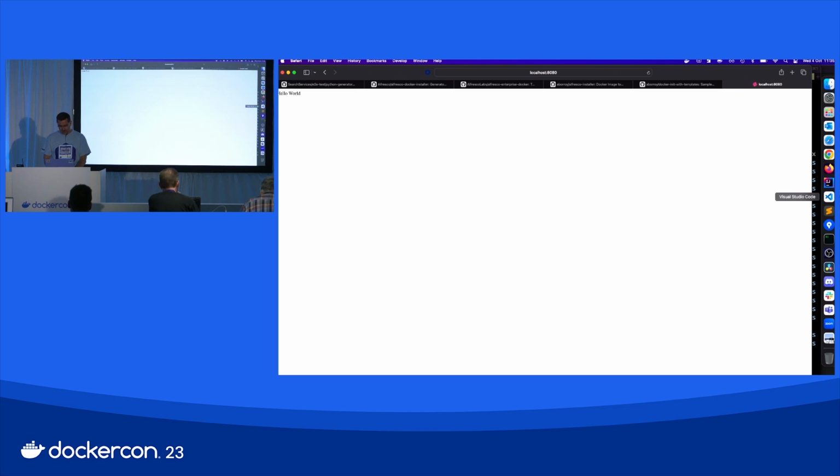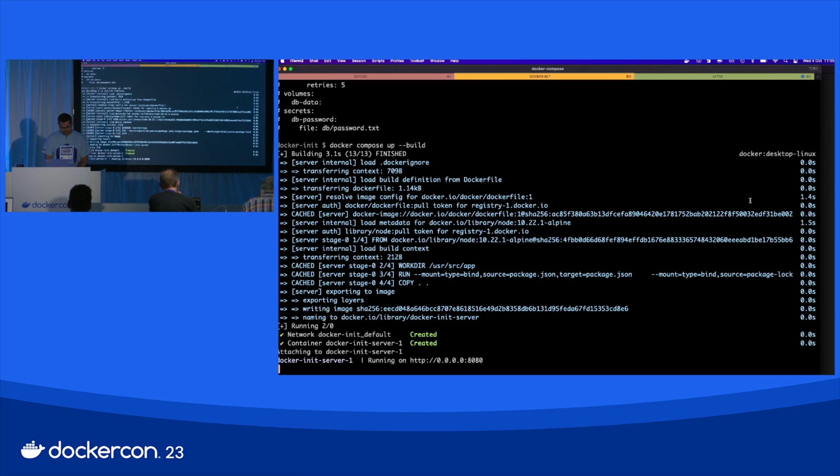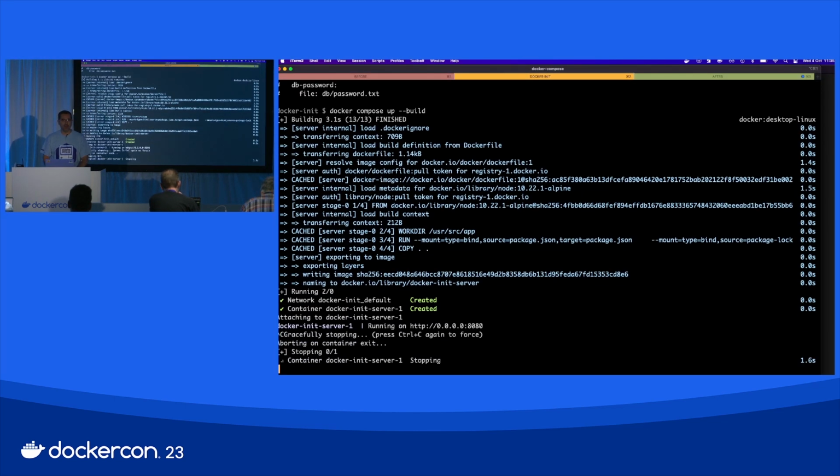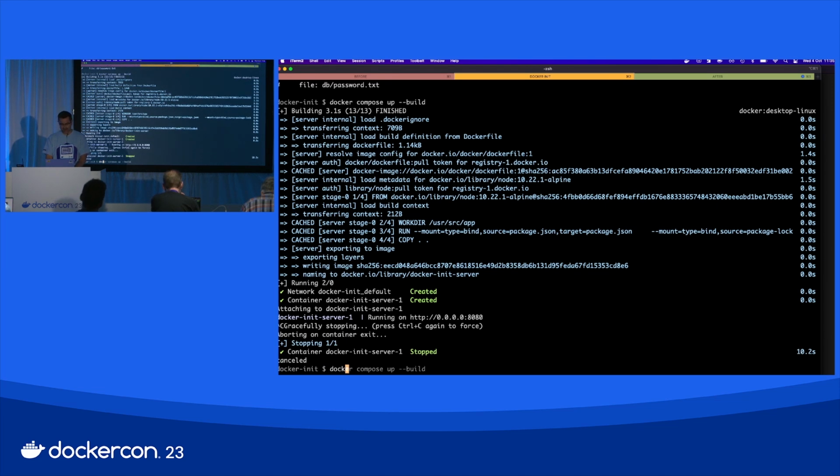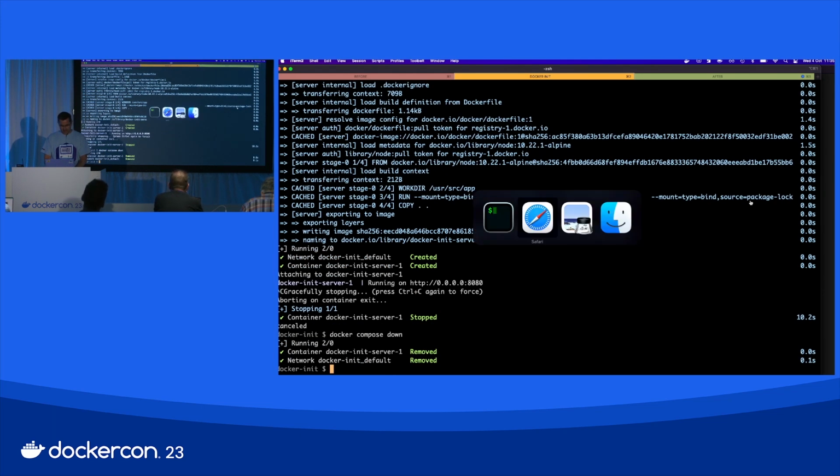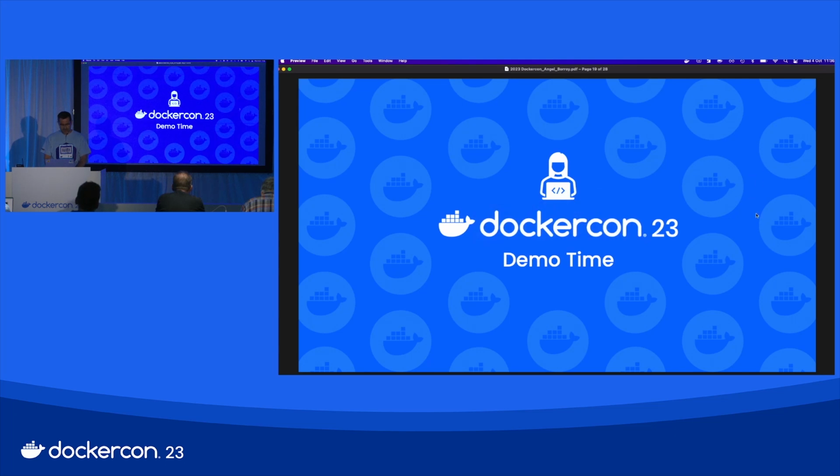So that's fine, but we want more than that. So, and we need more than that. So we are moving to the final iteration. Let me stop the container, because if I start, okay, thanks. Okay, so let's move to the next one, to